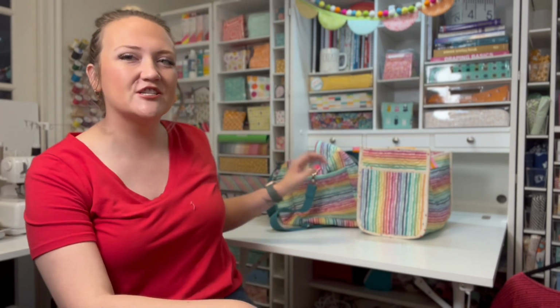So those are my top 5 makes of the month of April. Like I said, probably won't be like this most months. It was really nice. My kids were in school, so I had a lot of sewing time. Now that summer's coming, definitely not gonna have as much sewing time, but I'm excited to share this all with you guys,